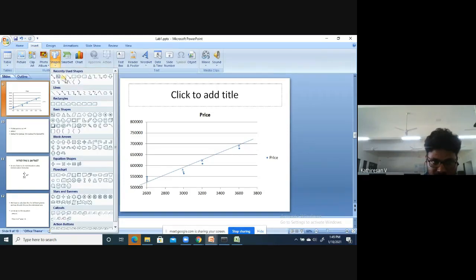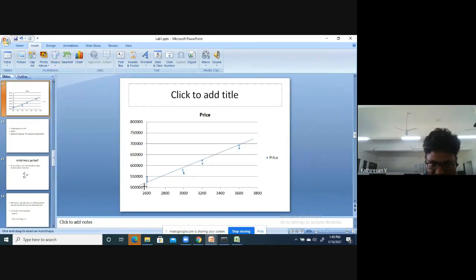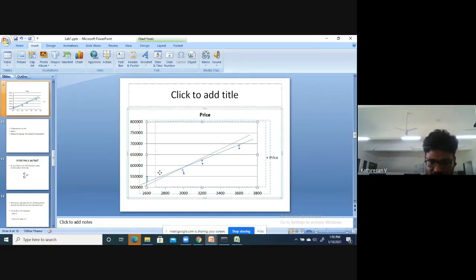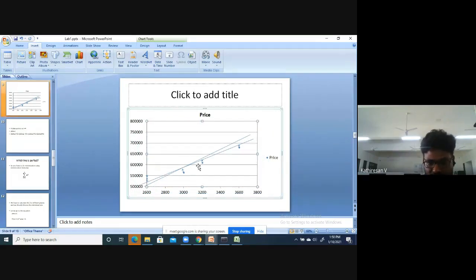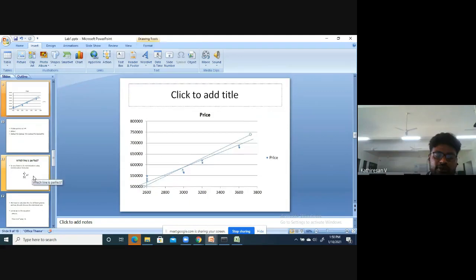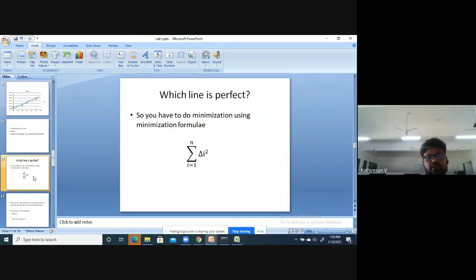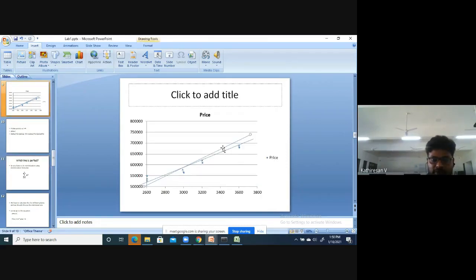Suppose you have another plane like this, you have to identify this value for that also. If you have another plane here, you have to identify for that also. Likewise, you have to identify for all the planes, and whichever one has the minimum value, that one only is the perfect plane or perfect line.